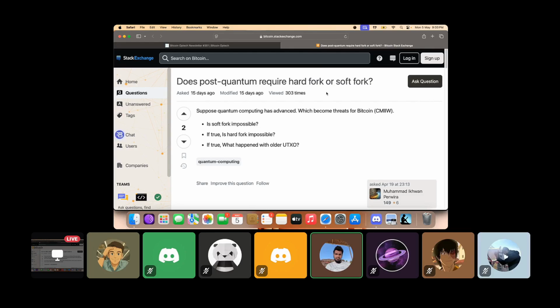Does post-quantum require a hard fork or a soft fork? Okay. Suppose quantum computing has advanced, which becomes a threat for Bitcoin. So, just giving some context, you must have heard about quantum computing, and it is claimed that quantum computing